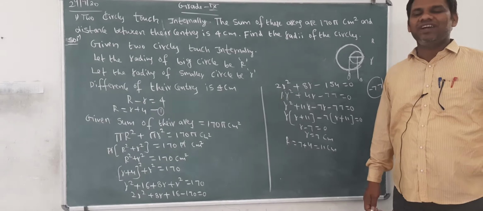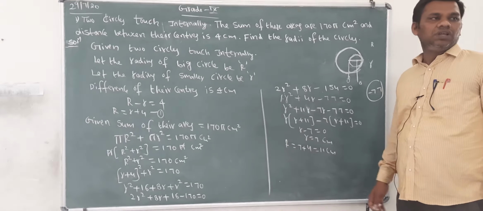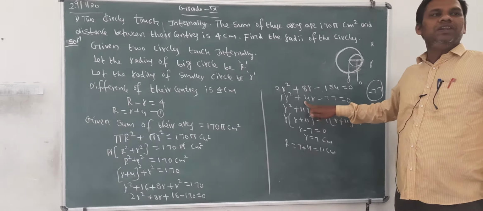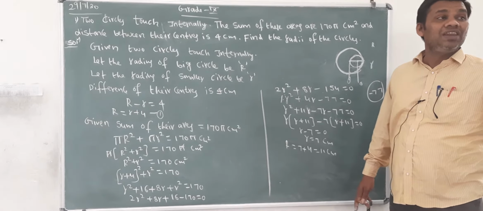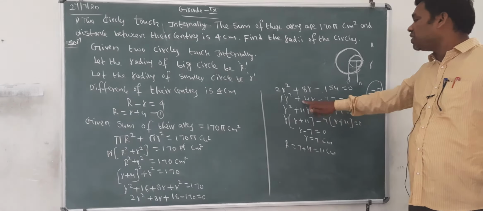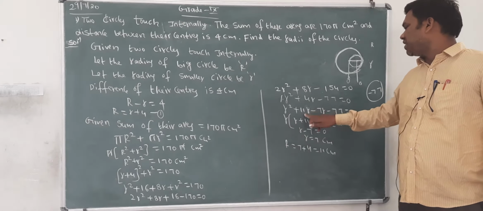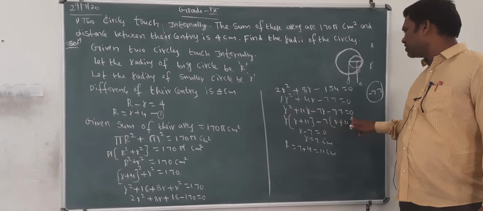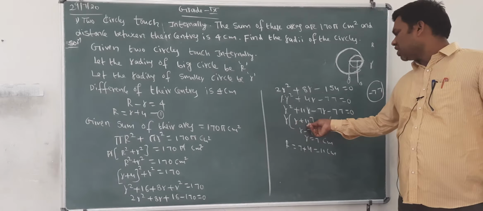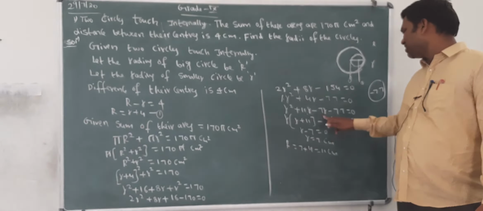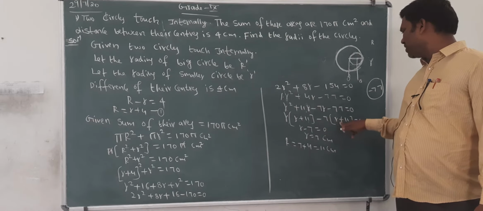11 7s are 77. 11 minus 7 is 4, so 4 is there in the middle, plus 11 minus 7, because plus 4 is there. That you have to observe. So r square plus 11r minus 7r minus 77 equals 0. Taking r common, r into r plus 11, and minus 7 taking common, r plus 11. 7 11s are 77, minus into plus is minus.